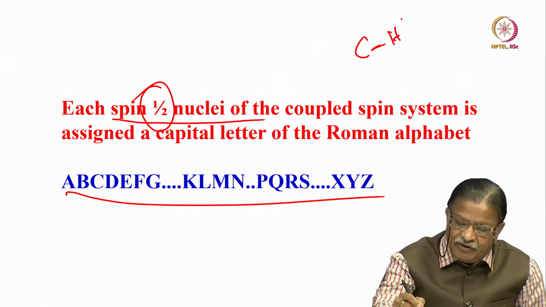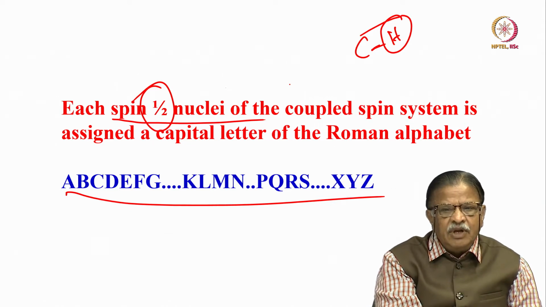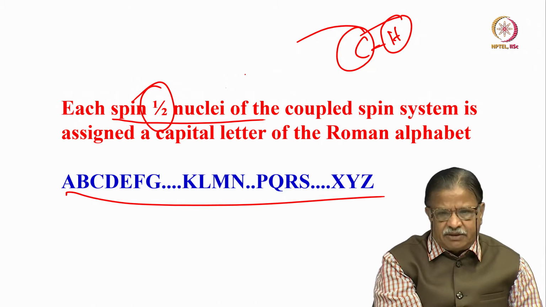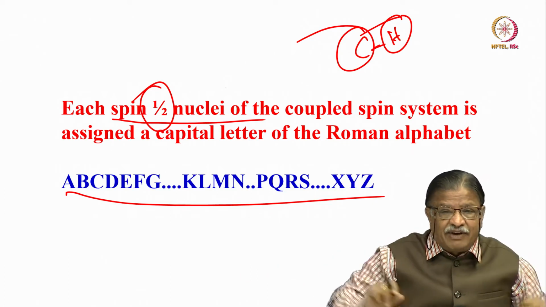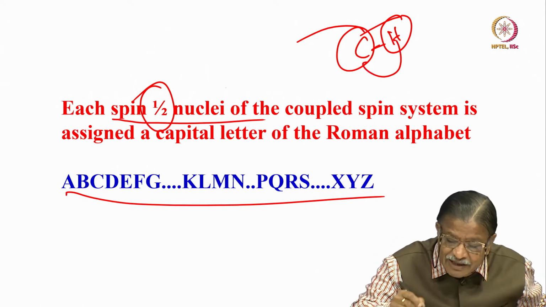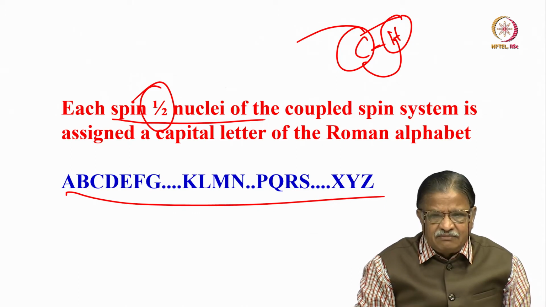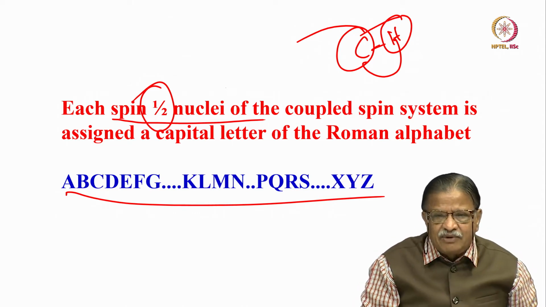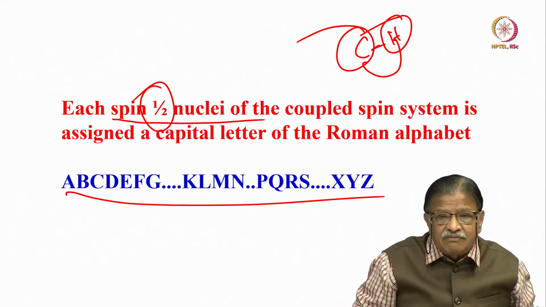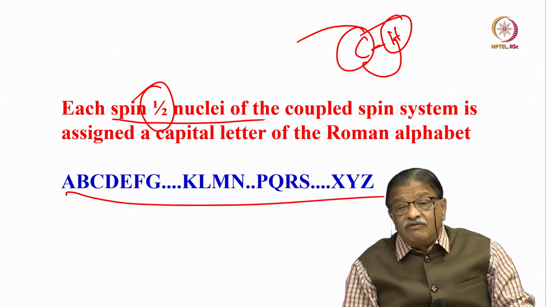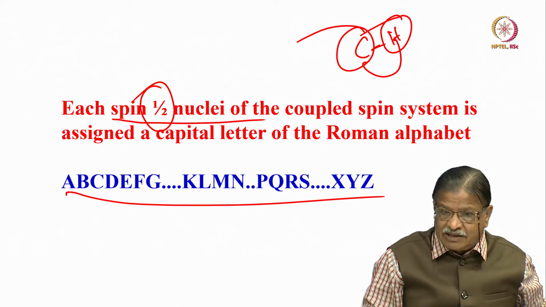For example, in the 500 MHz NMR, proton comes at 500 MHz, carbon comes at 125 MHz. That means they are far away separated, several megahertz away. But what is the coupling between this and this? Carbon-proton coupling is of the order of 150 Hz, or sometimes less than 200 Hz. Where is 500 megahertz, 300 megahertz, and where is 150 Hz? It is very small compared to that chemical shift.